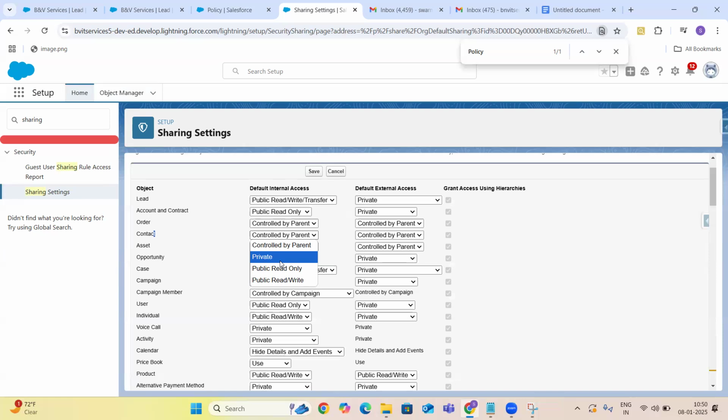So we call that a special relationship. They are actually lookup, but they behave like a master detail, right? That's the reason in the sharing rules also you will have the ability to control them. But our custom objects are not like that. It's clear cut. They are master details.